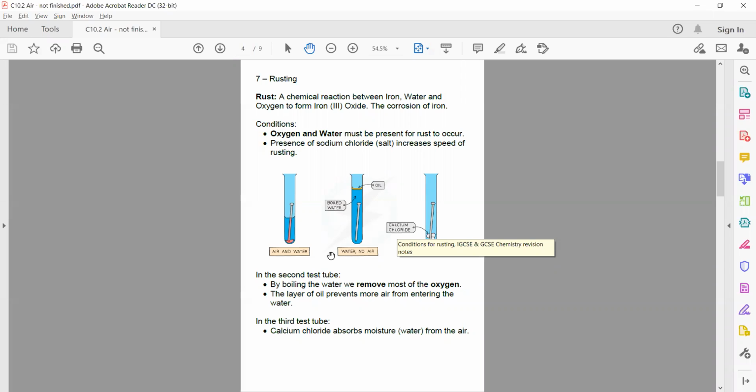Cool. And then an interesting thing is that if you boil water, you actually remove the oxygen from the water. So boiling water deoxygenates the water because the oxygen has such a low boiling point. When you boil it, it bubbles out and becomes a gas in the atmosphere. So if you look at this middle test tube here, we've boiled the water so that there's no oxygen, and then we put a layer of oil on top so that no more oxygen can come in. And that nail there won't rust. Cool. Any questions?